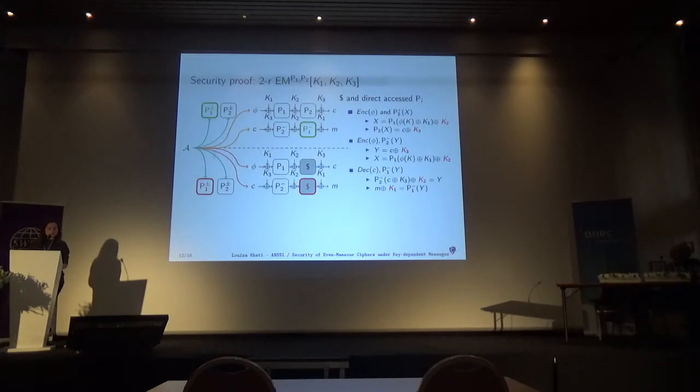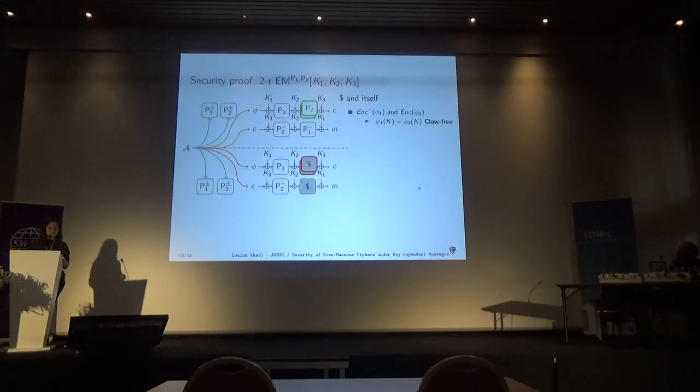And if he asks a query to the direct access to P1. So once again, here we will have a consistent behavior, and it will not be the case in the second game. And we will have also some equations, and what we can see is that this equation is reduced to guessing some key. Okay, we will have the same with the backward query to P1 plus.